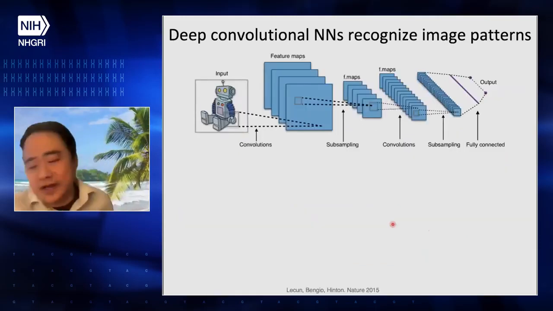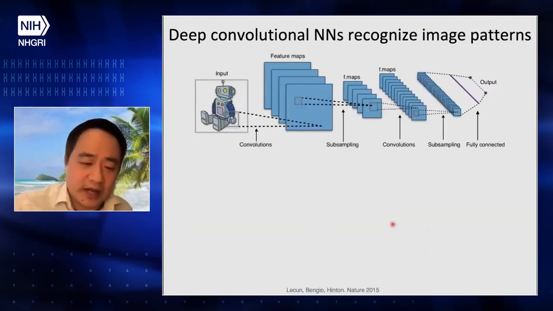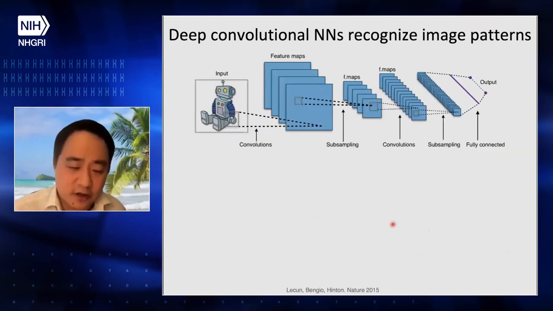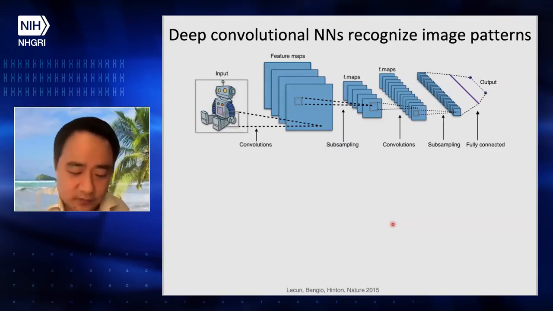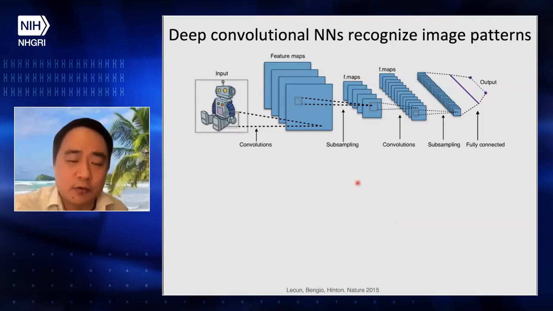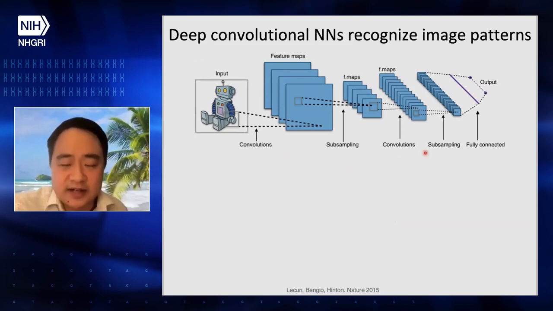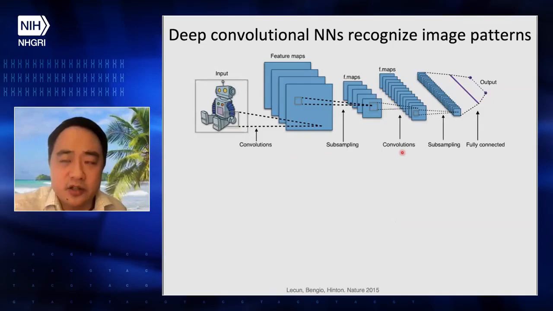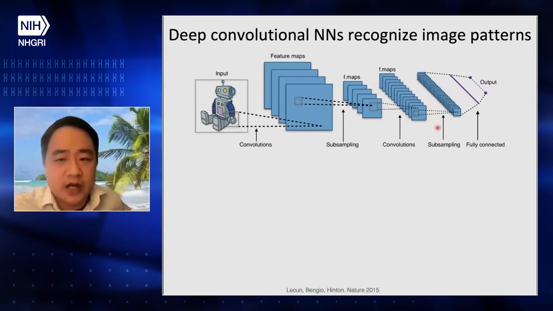Okay, so what is most exciting about this is that now we have a way to show the correlation between the sites, but it's also very noisy. So my group has really changed the field and initiated the introduction of deep learning to the field. We leverage some of the intuition we got from natural image recognition. For example, this is a classic deep convolutional neural network. It is very helpful to recognize image patterns. For example, these different patches, we can organize in a hierarchical way to give some output.